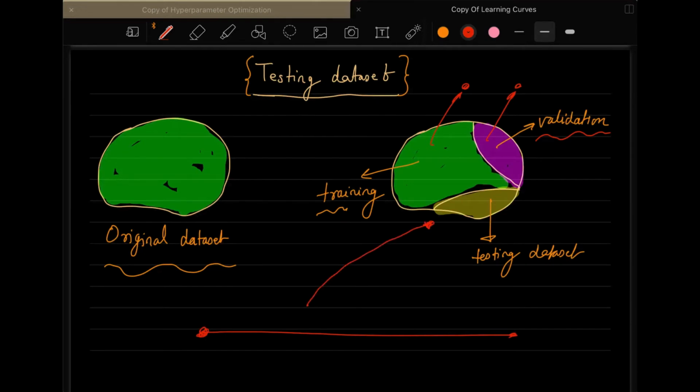You can still do training and validation, but that is if your data set is small. But if you have a large data set, then you can still make your model more robust by doing this type of splitting. And we will see why testing is important and why testing is different from validation. To prove our point about why we need testing along with validation,